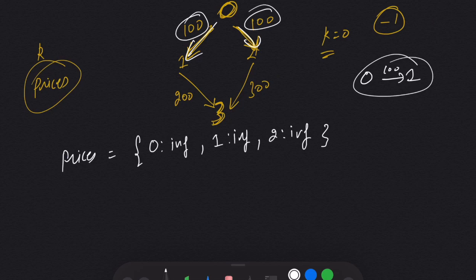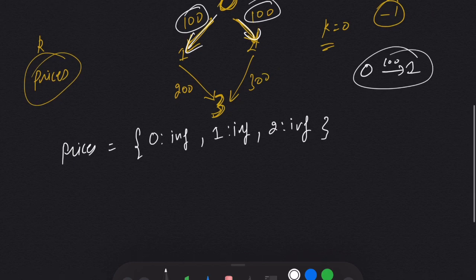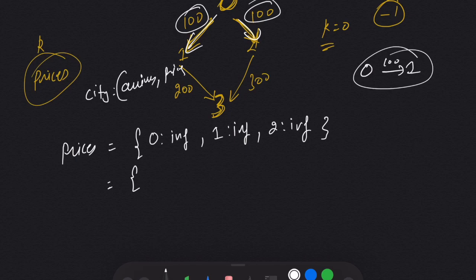And how do I come to know about my neighbors? For that also I need to look up. And again, we will use another dictionary in which I will store the city as the key and the city we arrive at and the price as the value, because the cities I arrive at are the neighbors.